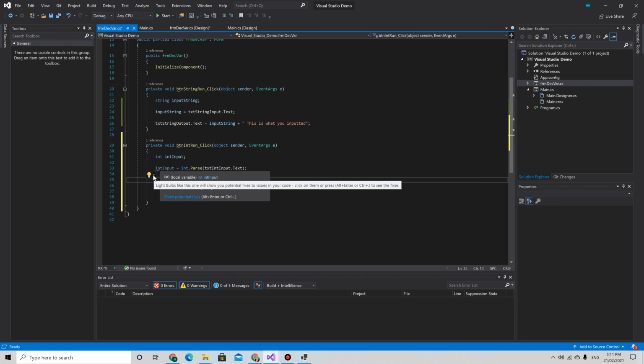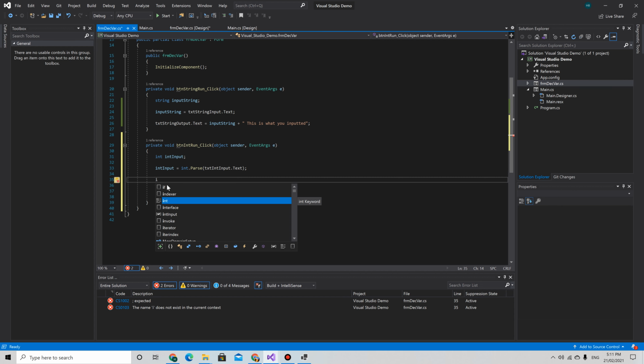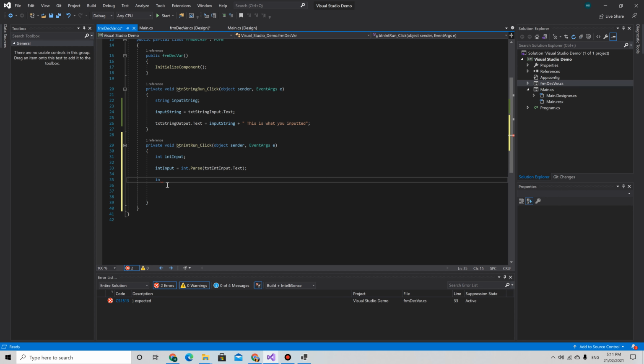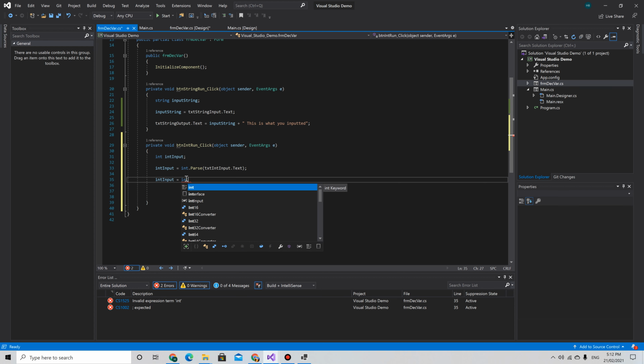So now we have this integer. Now let's do something to it. Let's times it by 2. Int input equals int input